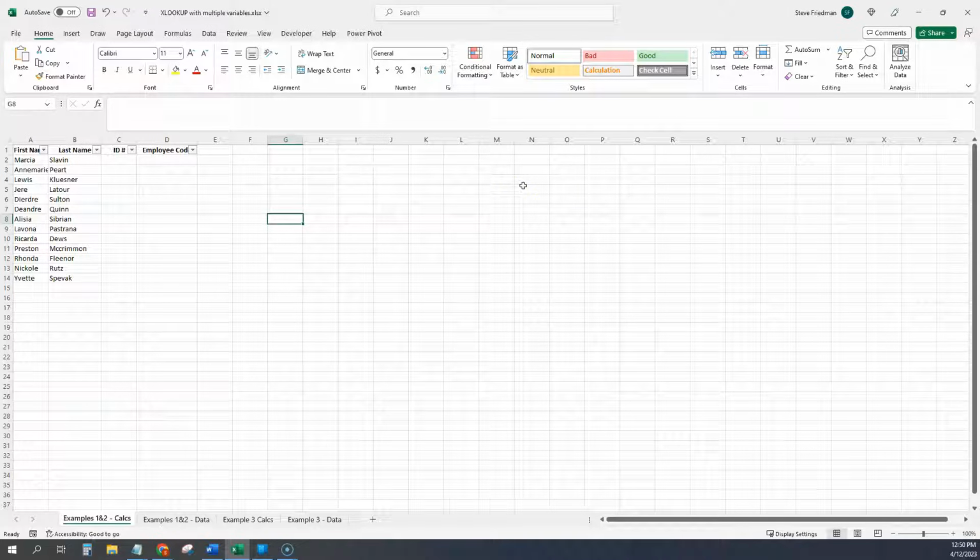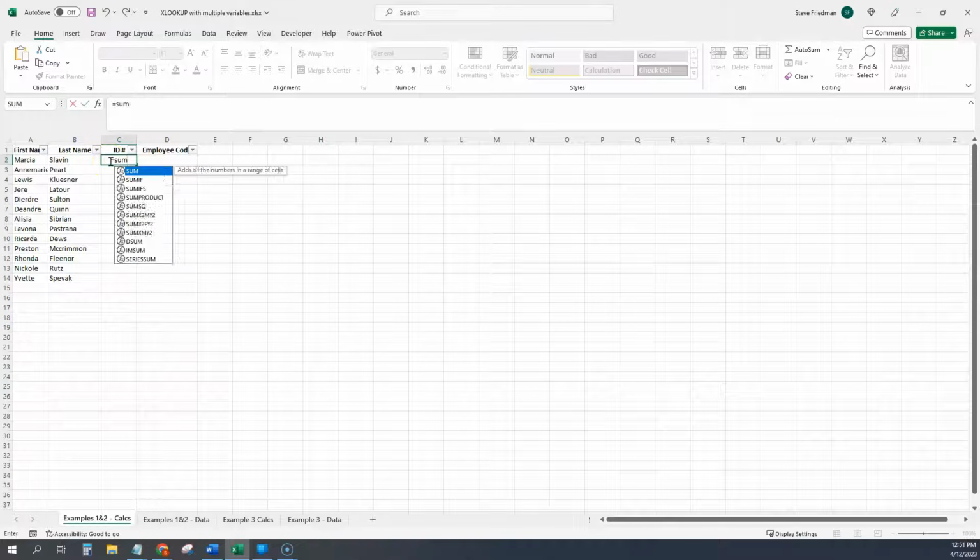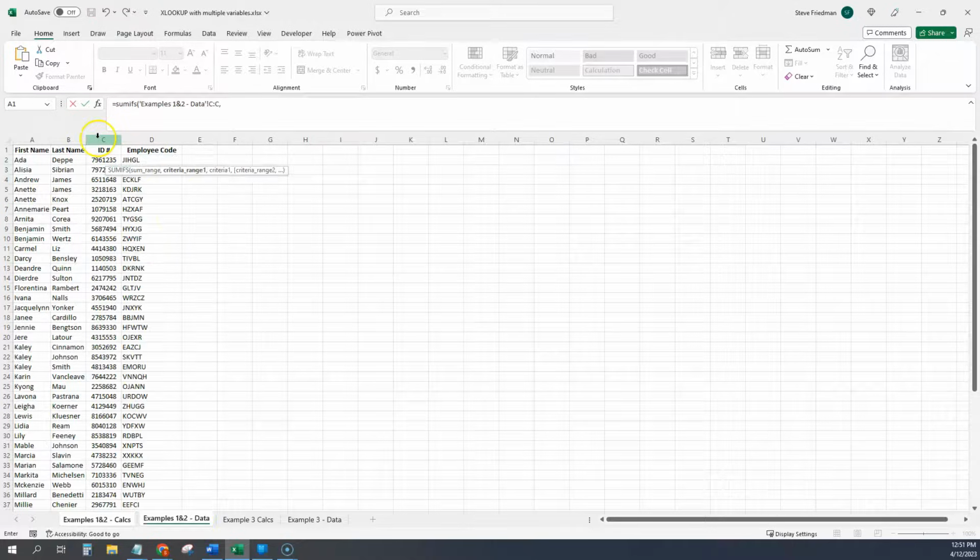If the value you're looking for is a number, and you're sure the combination of first and last names will only appear once in your data, it's a lot easier to use a SUMIFS. And this works just fine even if it's a meaningless number like these ID numbers. To do this, type equals SUMIFS, and note that that has an S at the end of it, parenthesis, and then select the column with the numbers, comma, then select the column with the first names, comma, then go back